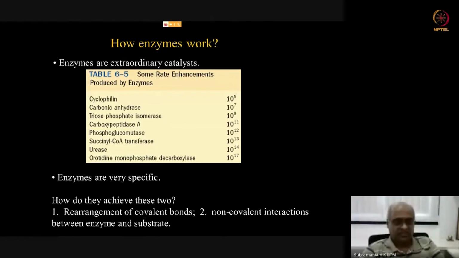Both of these features are accomplished using very similar mechanisms. So they achieve these two by the two features listed here. One, rearrangement of covalent bonds in the reacting molecules, and second, several non-covalent interactions between enzyme and substrate. When the substrate binds to the enzyme,